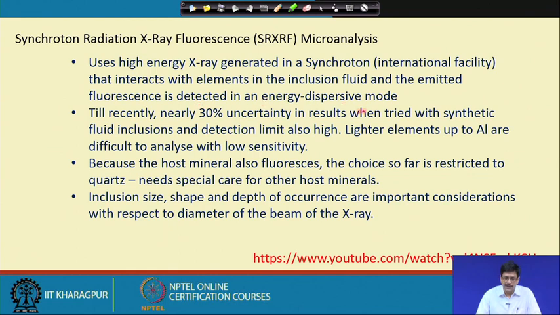For example, we know that the X-ray range is very suitable for analysis of elements, as we know conventionally from X-ray fluorescence techniques, where the X-ray is generated by an X-ray tube like a tungsten source, with energy of about 4 kilowatt or so. Compared to that, this is a far higher energy system, and that is why there are possibly very limited numbers of known facilities in different parts of the world.